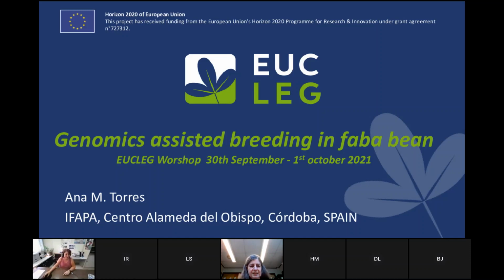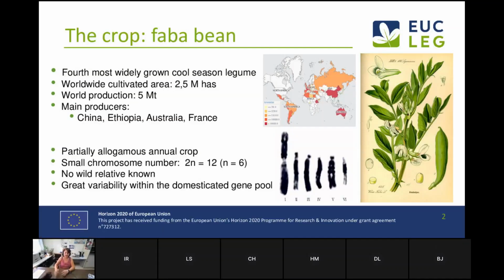I'm glad to present to you the genomic-assisted breeding in faba bean. Well, faba bean is one of the oldest crops grown by man since the beginning of agriculture. Due to its high protein content and high yield potential, faba bean is today the fourth most widely grown cool-season legume. The cultivated area is nearly 2.5 million hectares,